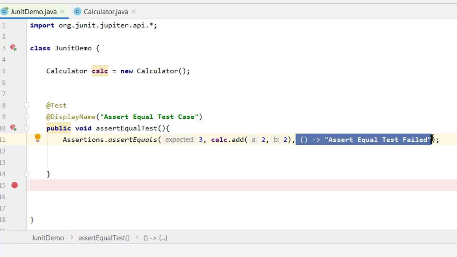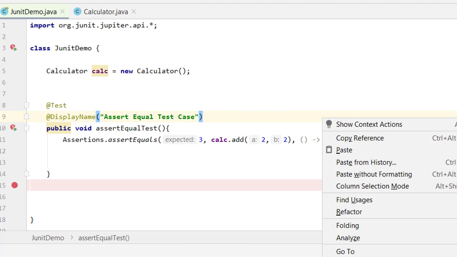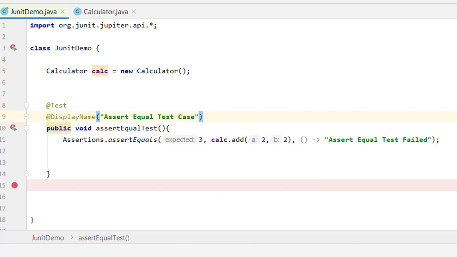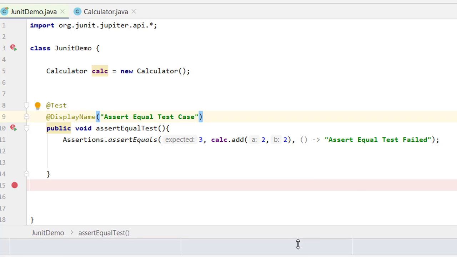So are you getting my point? When our test passes, this message is not required, and we are telling this function to read this message only whenever the test fails. So this is also an important thing we can do in JUnit 5. This was not available in JUnit 4, it was only available in JUnit 5.